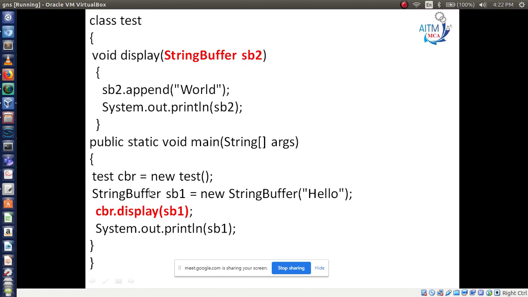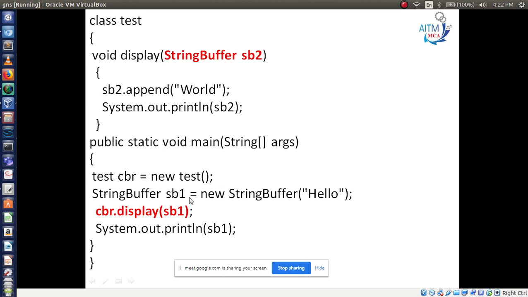Now in the main method, Test cbr, call by reference, the variable name I have taken is cbr equal to new Test. Then StringBuffer sb1 is equal to new StringBuffer, and I am passing the parameter here, hello. I am passing the value hello to sb1.